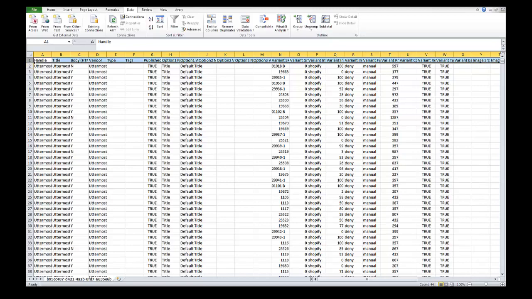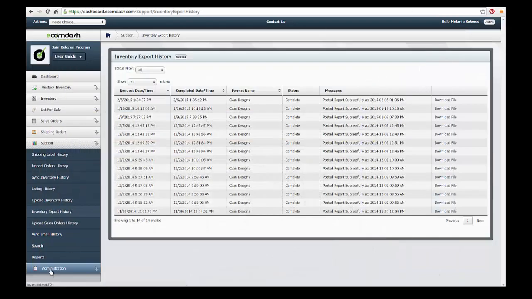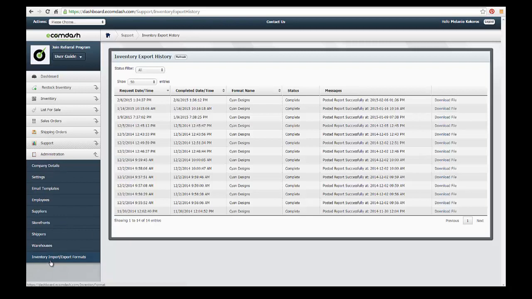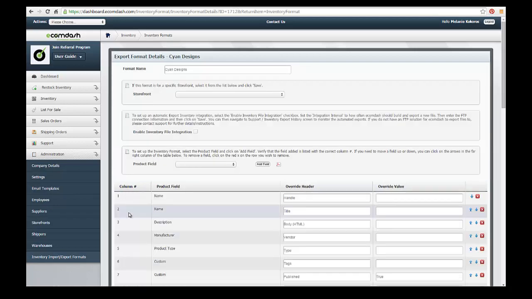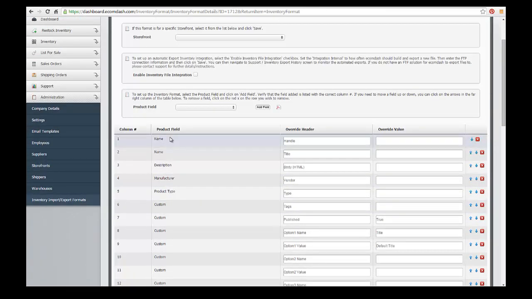And I'll show you where you create that. So you create that under Admin, Import, Formats, and under Cayenne Designs, you just go and you add a new format for the export format, and that's where I created this one. And you can see I just mapped every field that I want to export, like the name for the product handle, also the name for the title,